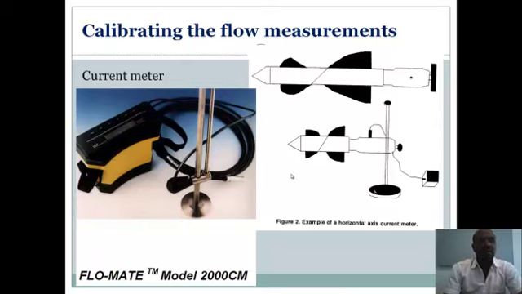With the current meter, the discharge will be measured, and then it will be compared with what is computed with methods that we have made, like floating, or it could be through a diver and so on. And then we can keep or make a relationship between these two discharges, and it will help us even if there is no current measurement, because we cannot always use current measurement, because it's difficult to be inside the river and to measure